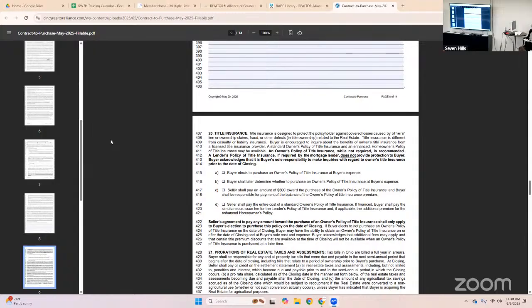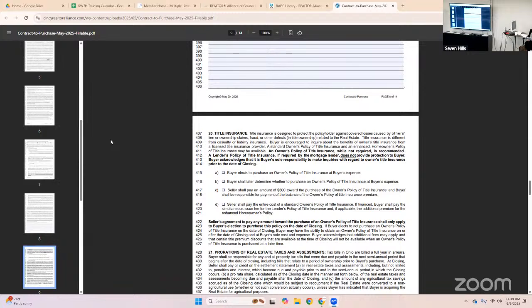Title insurance is critical, I think, especially in this day and time. I highly recommend it. So again, if your buyer's saying, oh, I don't know if I really need that, make sure that they do talk to title before they make that decision, 100%. And they usually have up to 30 days after closing to go ahead and purchase that.